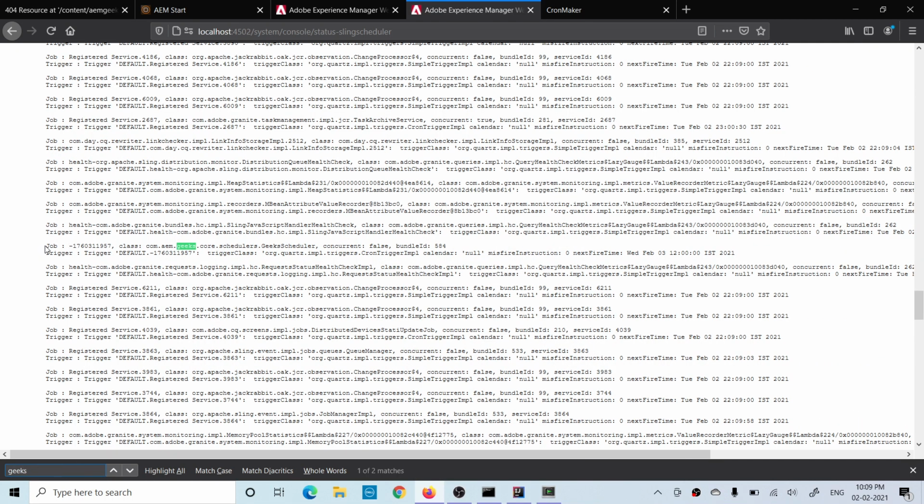Once I search, your job is available here, and here you can see all your options, like concurrency is equal to false, and next execution. When is the next execution? February 3rd, 12 o'clock, right? If you change the cron, it will show you the next execution as per your cron.